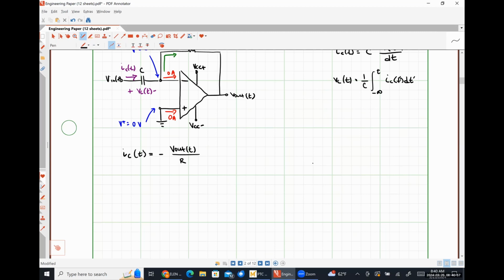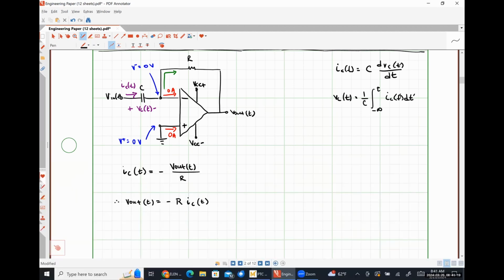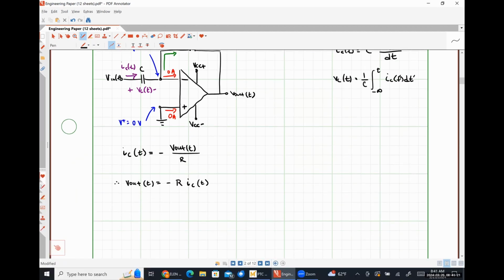And I can do a trivial amount of rearranging here to find that V out as a function of time is then negative R times Ic of t, right? So using this top relationship, that's going to look like negative R times C times the derivative of my capacitor voltage